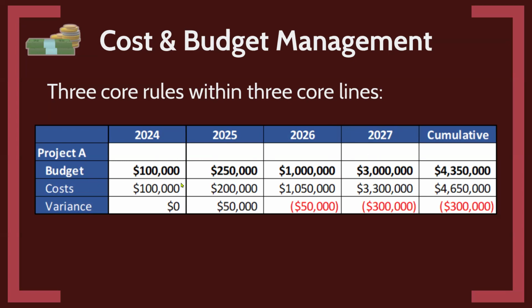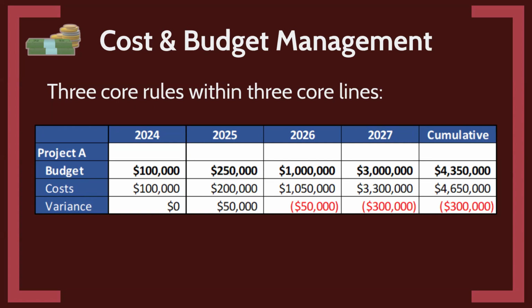And then as I have my costs coming in for my project, that's based on my project plan. So my costs coming in, that's what my project plan is telling me, that yeah, I'm going to be on budget for 2024. Based on how expenditures are going to work out, I'm going to be a little bit lower than that in 25. So I got 50,000 left over, but I'm going to be back above on 26. And of course, as you're doing a CIP, you might adjust these numbers to what your cost prediction is. But the point being that you're always wanting this cost line to be the latest and greatest information that you know about the project: scope, schedule, and costs.